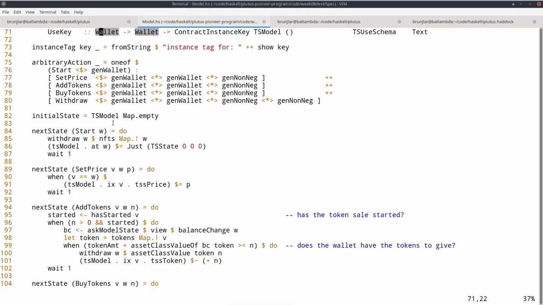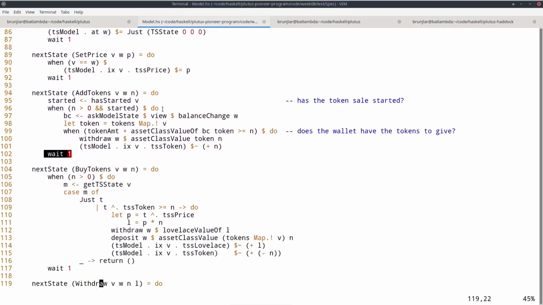So we had this here, for example. And there's a different operator, $tilde, which doesn't set to a value, but applies a function to a value. So this says, however many tokens are there right now, add n to it. And in any case, I wait one slot.